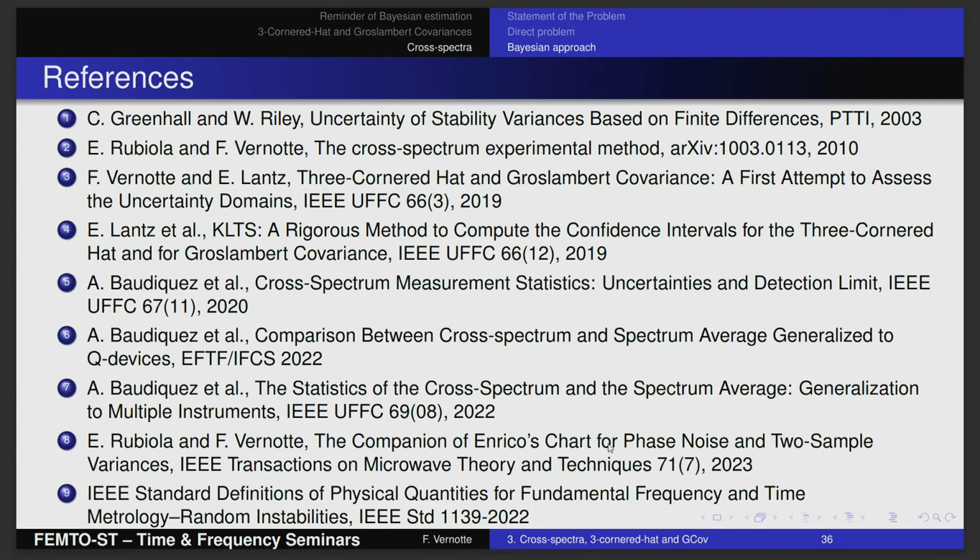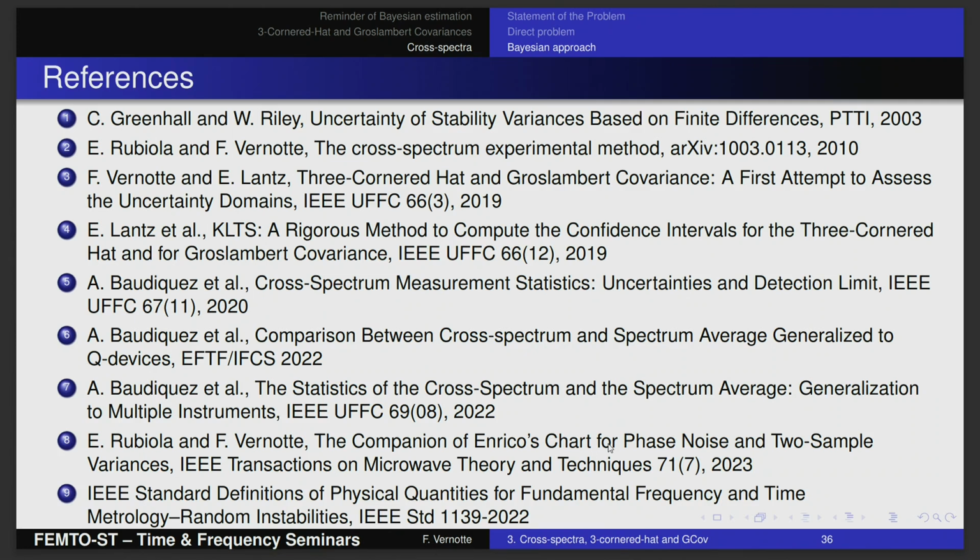An uncertainty domain is something which is always given with two significant digits maximum, but generally one significant digit. You just have a domain, and you don't try to have a very precise value with 3, 4, 5 digits after the dot. One more comment, there are many discussions around this, because in the cross-spectrum you need two instruments. And with the two instruments, you can play the trick of the Dicke radiometer, swapping the instruments. One measures its own noise, and the other one measures the signal. Yes, it has been studied